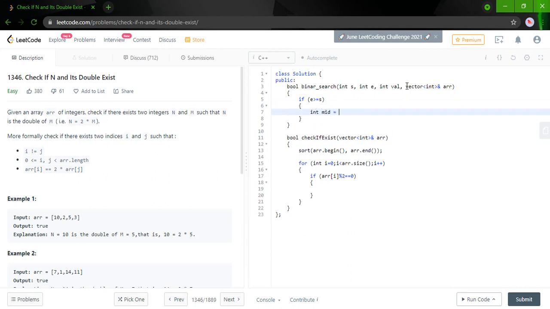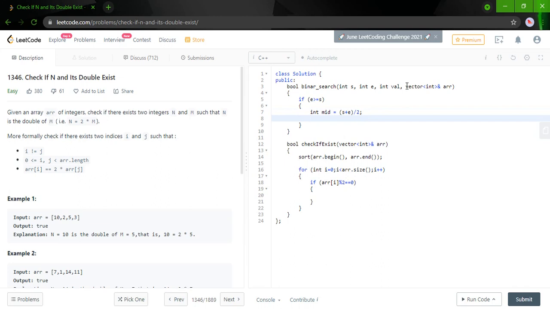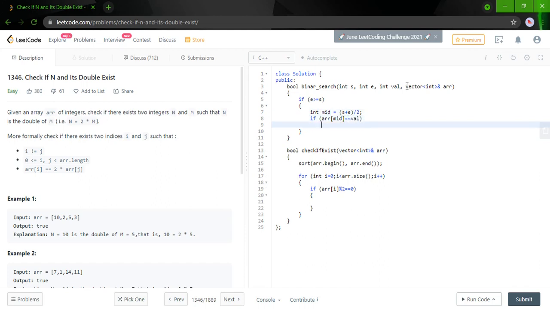Int mid is equal to start plus end. Make sure to put brackets, we don't want any fuss around here. Divided by 2. First of all, if arr of mid is equal to the value that we are looking for, then we are going to simply return true.